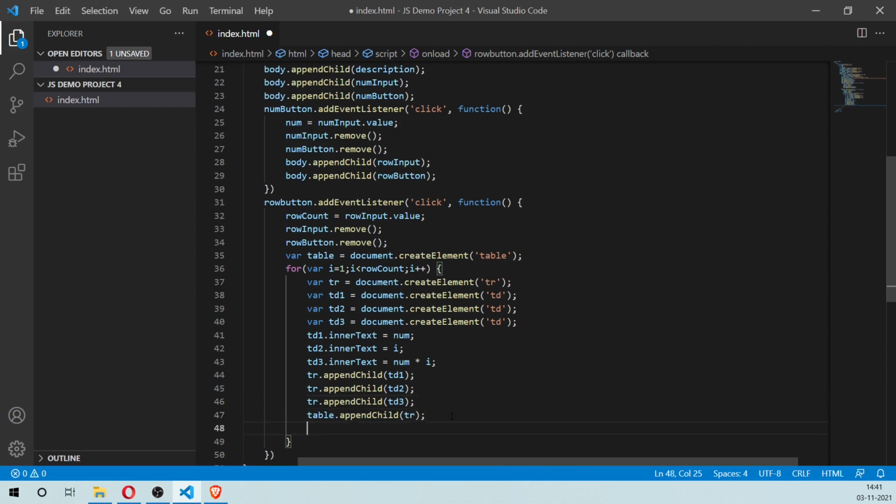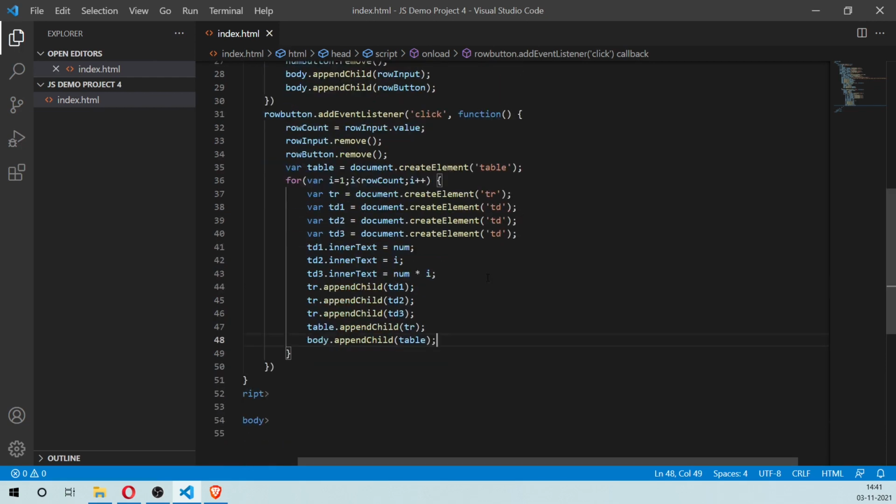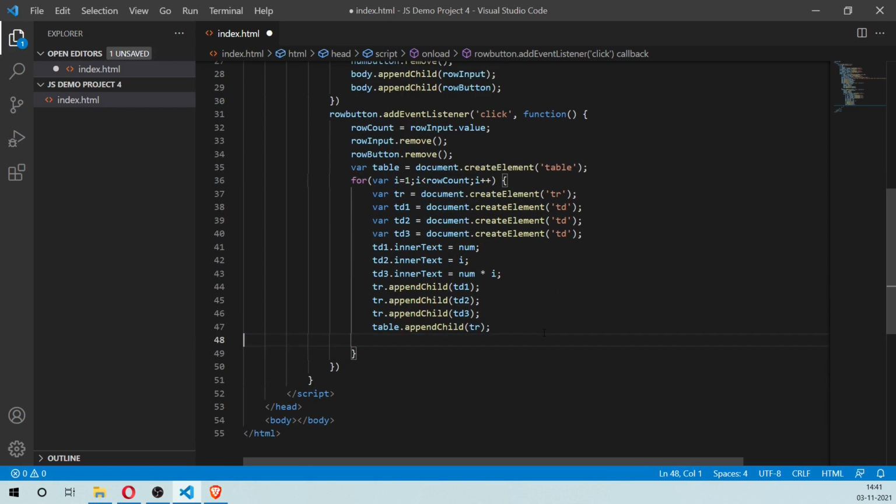And so the next thing we need to do is add this table to the body of the document. So we'll say body.appendChild table, and let's see what that looks like. Actually, let's do this at the very end.